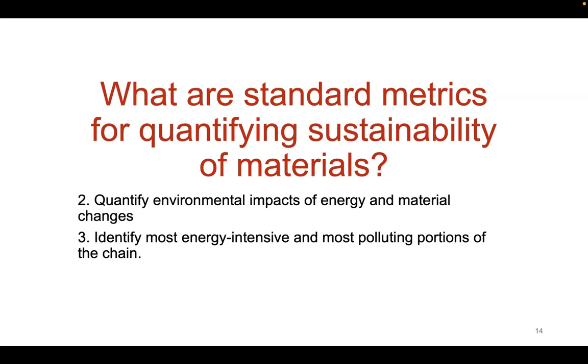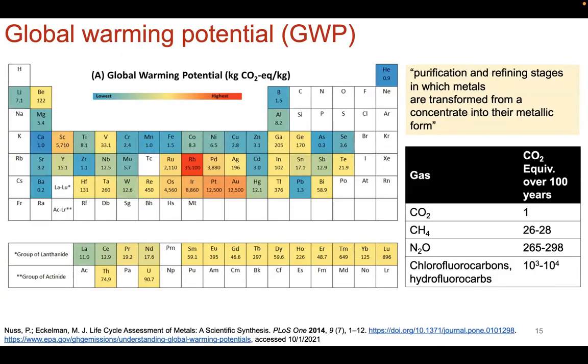In considering how sustainable a process is for extracting raw materials to the starting precursor that you need to make your cathode and your anode and what have you, we also need to think about the energy and materials changes, and also the pollutants that are byproducts of the extraction and purification process. So in terms of discussing normalized terms so that we can compare apples to apples, one of the points of consideration for comparing how energy intensive and how polluting the extraction of a certain metal is, one compares the global warming potential, and that's in units of the number of kilograms of CO2 equivalent per kilogram of material that is